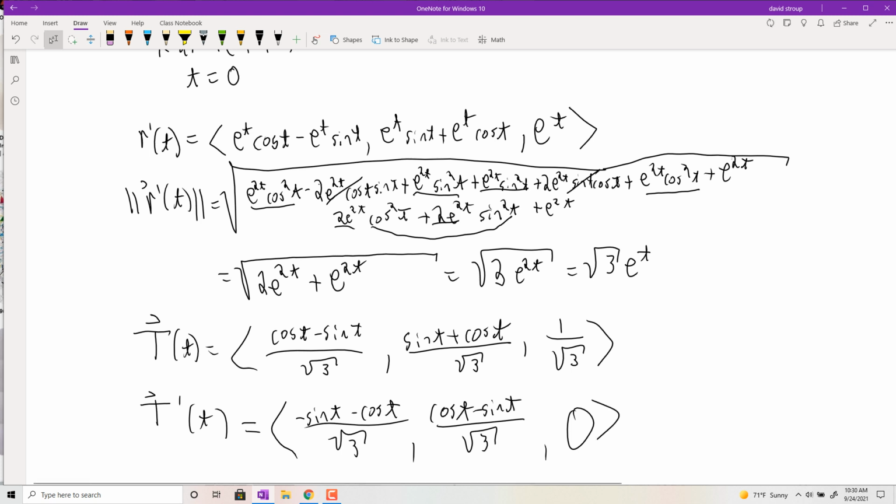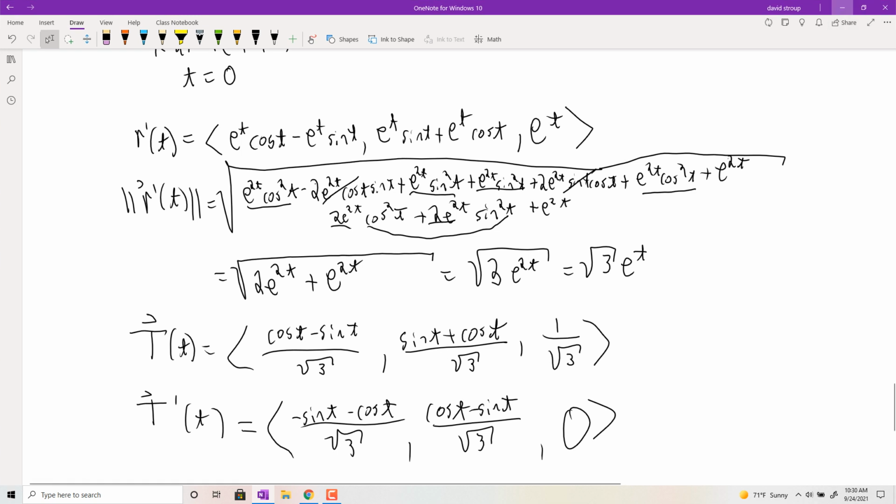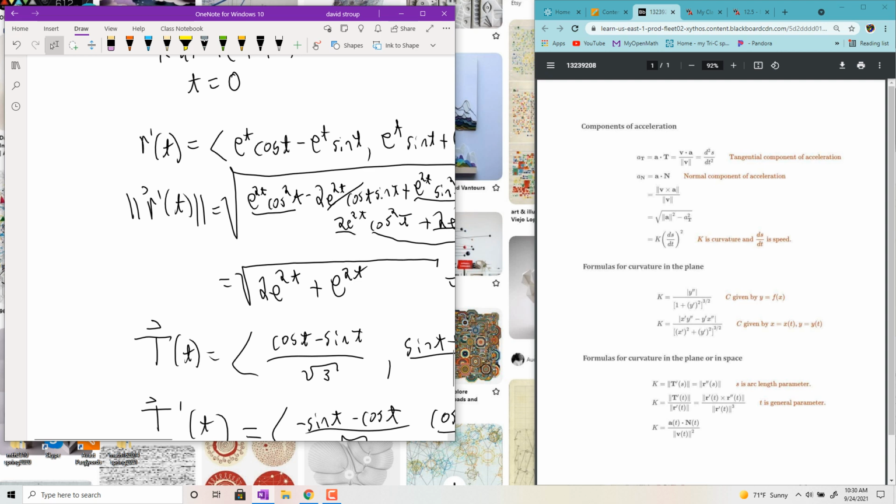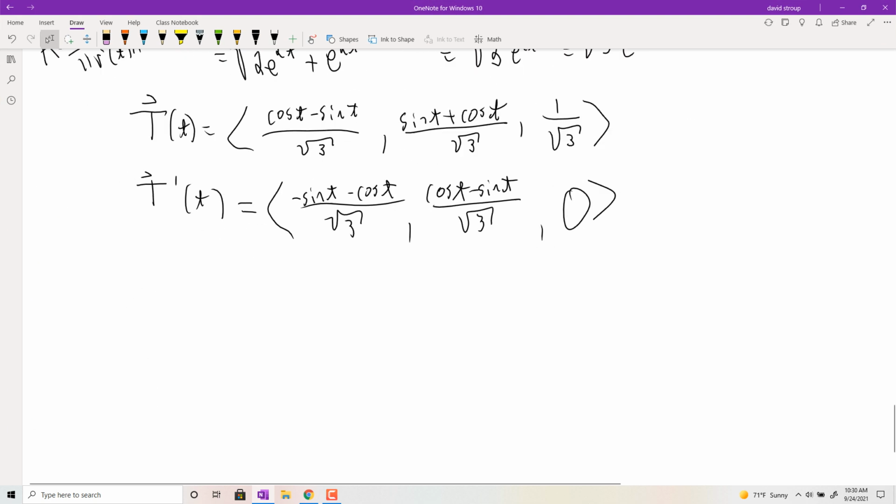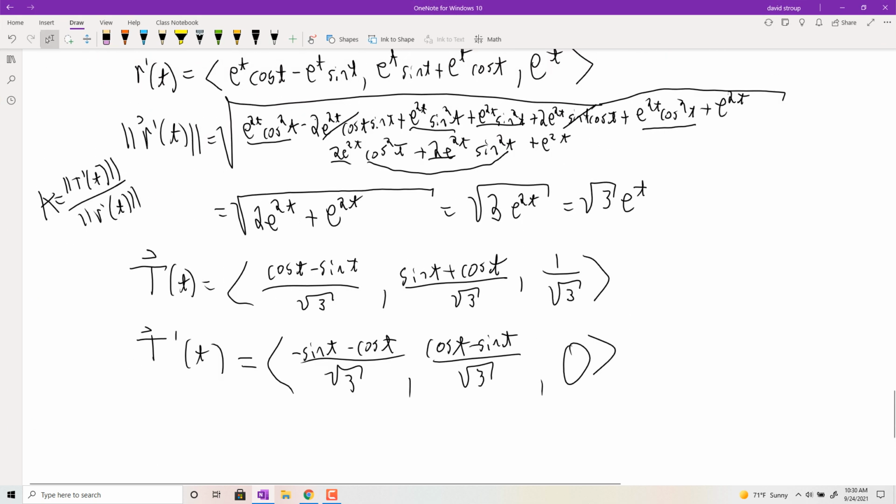And then I think we have everything we need to get the curvature for one particular curvature formula. Kappa equals magnitude of T prime of t all over magnitude of r prime of t. So I need the magnitude of T prime of t, basically. So the magnitude of that thing then